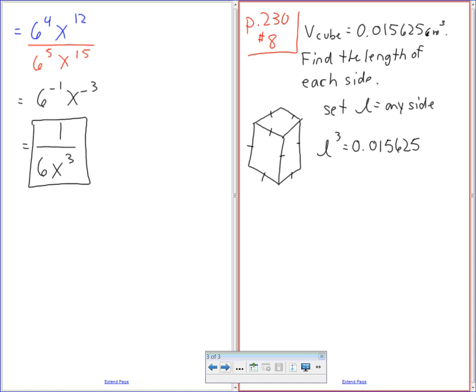And that's what we're going to do, cube root if we have to, okay? So if you have the logic where that came from, if all the sides are the same, they're going to be L cubed or M cubed or X cubed, you can call it whatever you want. Now, you can either take the cube root